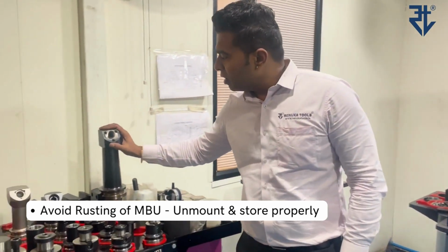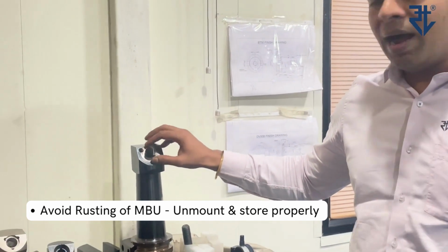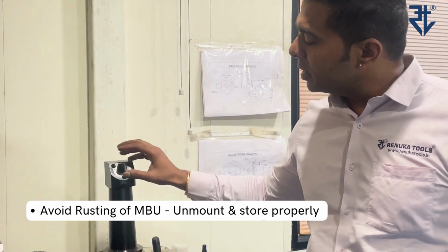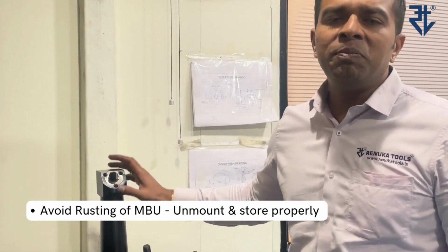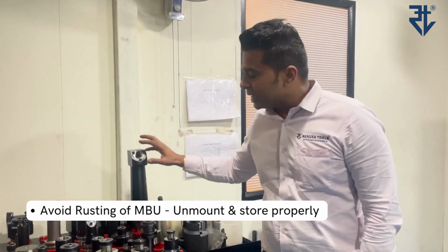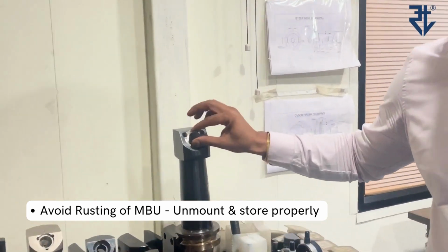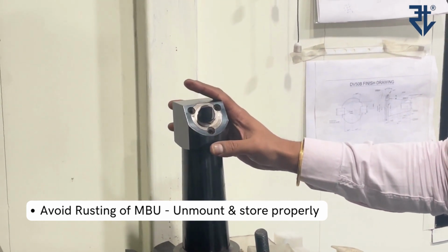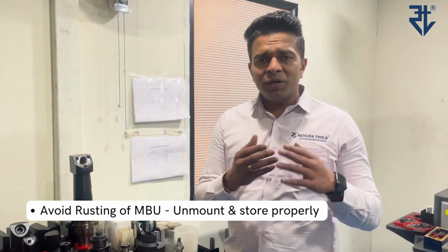So I got this boring bar from one of our customers. Despite continuous usage, or even with no usage, they kept this micro bore unit as it is in the boring bar. Because of the moisture and air, it got rusty, and now despite taking off the mounting screws, this micro bore unit is jammed in the boring bar itself. So if you don't take proper precaution, once you're done with the usage of the micro